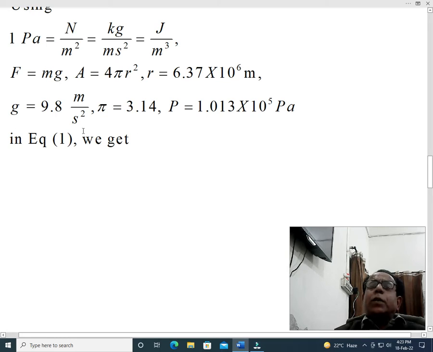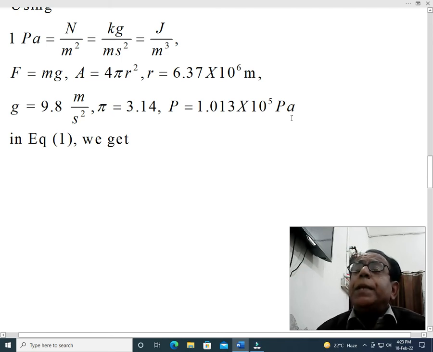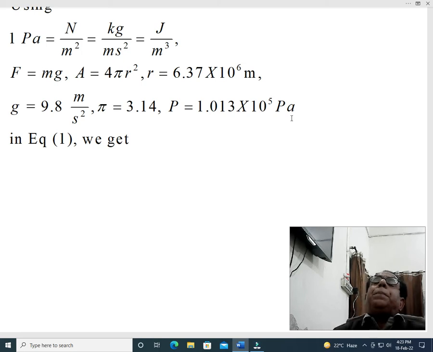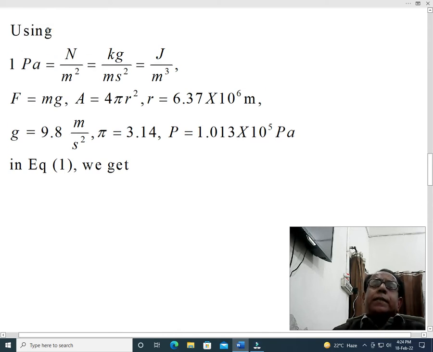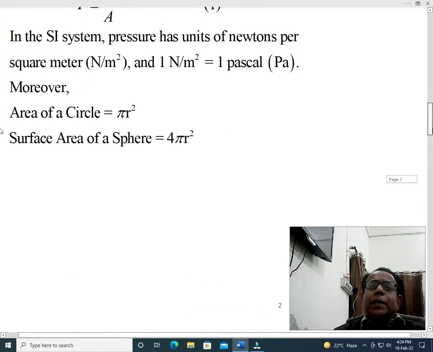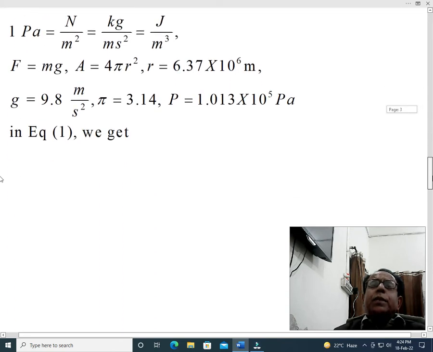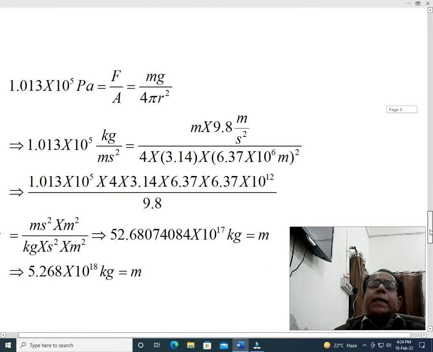Similarly, pressure is equal to 1.013 times 10 raised to the power 5 Pascal. It is given in this statement as a hint within bracket. Even if this hint is not given, we can find this value from table of constants given in appendix at the end of a textbook. Using all these values in equation number 1, we get,